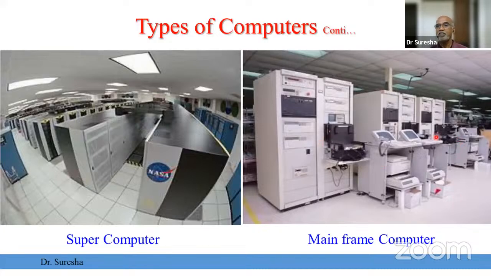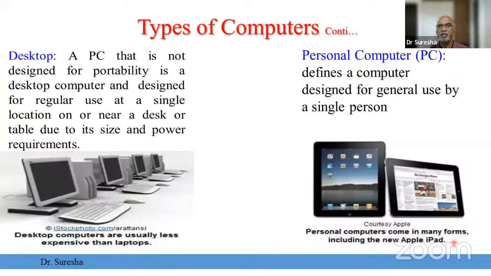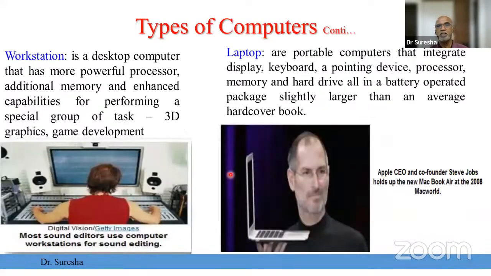Mainframe computers are always available with a terminal. Supercomputers never, they are having terminals somewhere at a long distance. So mainframe systems are there somewhere and they are maintaining that. Terminals will be connected through wireless. Of course, the speed is very, very high, it's not imaginable. So again, explanation: desktop and personal computer, workstation and laptop.